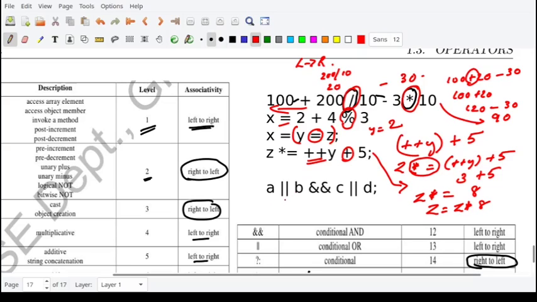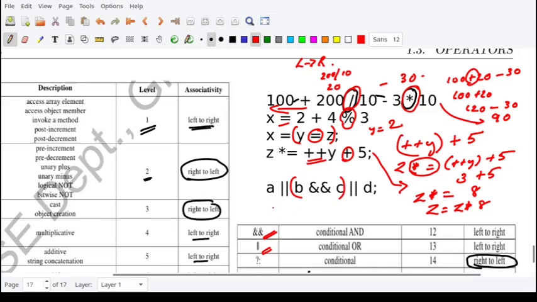And now another example: A or B and C or D, where and is the logical and. Okay. So here you can see that conditional or logical and has got higher precedence than conditional or. And it is also left to right associative. So you find the leftmost and. You have only one conditional and, so there is no need for associativity. But by precedence, the AND operation will be done first. So B and C will be done first.